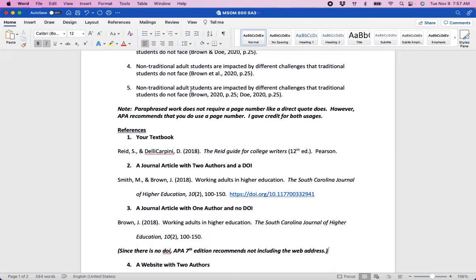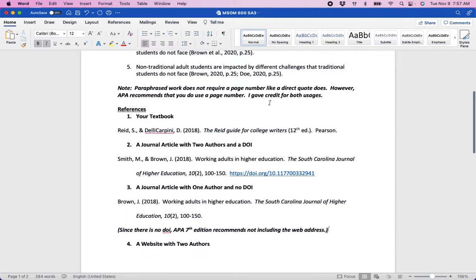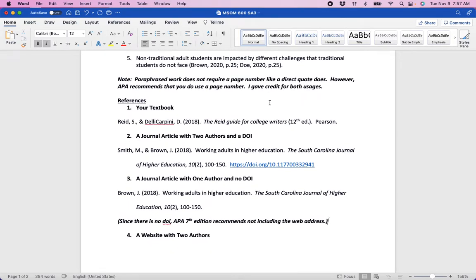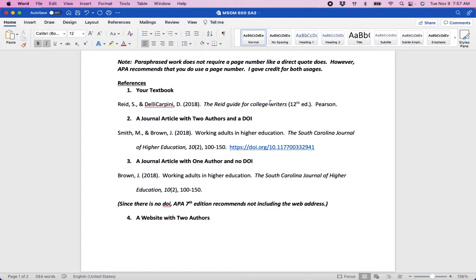And the way that you format those is you use Brown, comma, 2020, and then the page number, and then the semicolon. So that will designate that these are two unique sources who are saying the same thing. So that's how you format that. I'm not going to go through all of the details on these, but the references, this is the most common,